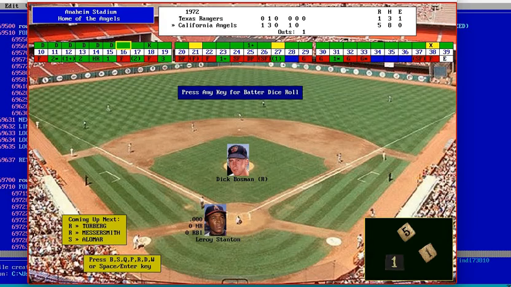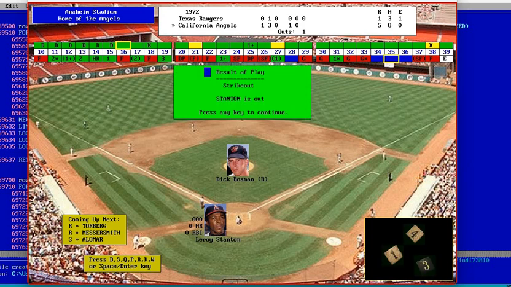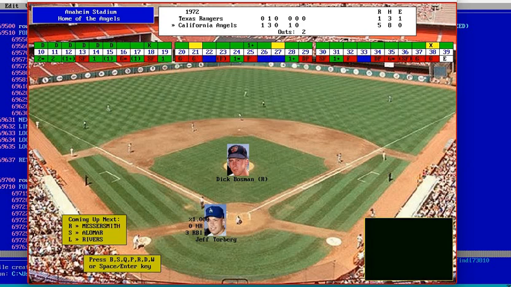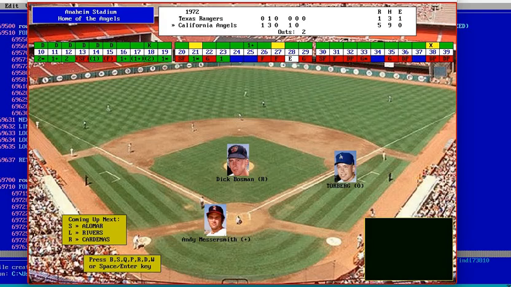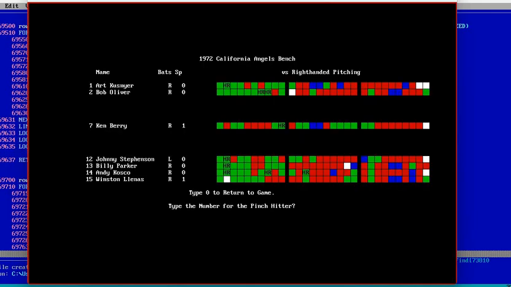Leroy Stanton comes up. Stanton rolls a 35, strikes out. Jeff Torborg. Torborg singles. Now let's pinch hit. So I hit P for pinch hitter. There's my bench. If this was an automatic game, the computer manager would pick out the batter of these batters